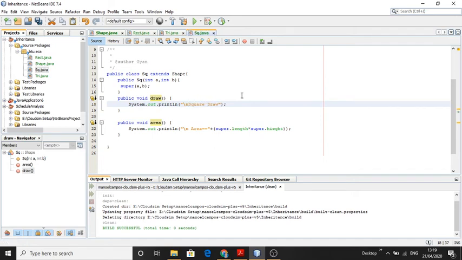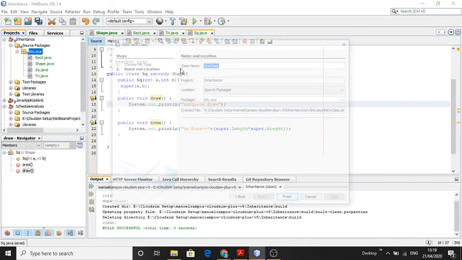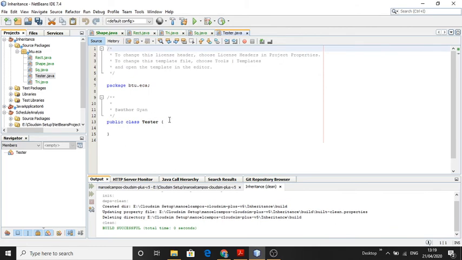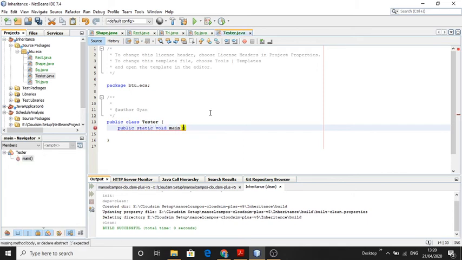Now we will create a third class, class Tester, which has a main method. So Tester will use all the classes we have just created. Public static void main, String args.